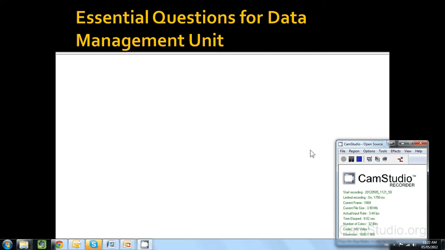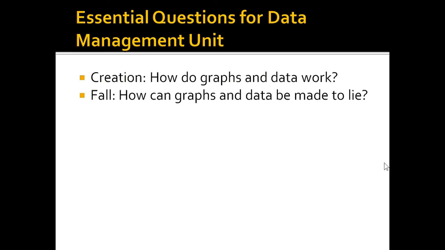Now, it just so happens that I and my students are in a Christian school. One of the things that we want to ask as Christians is how do we use math in a Christian fashion? To do that, we're going to ask three questions. First, we're going to look at what's good in God's world. We're going to look at how graphs and data work, and the ways that human beings have developed to understand and manipulate and work with data. Second, we're going to look at what sin has done, and we're going to learn about how graphs and data lie. In fact, that's what this lesson today is going to be about.